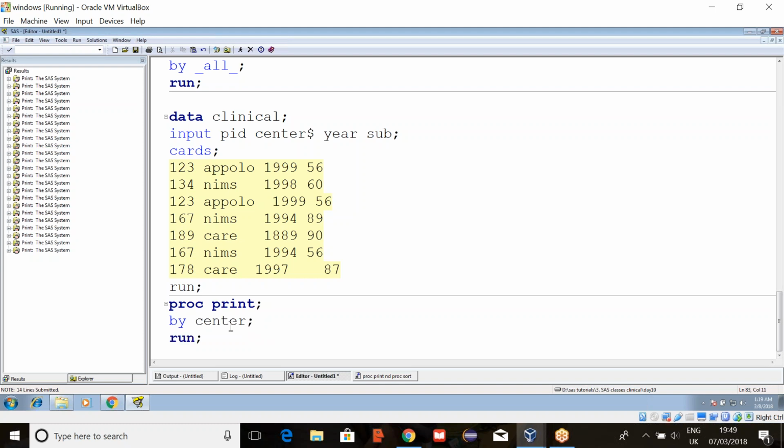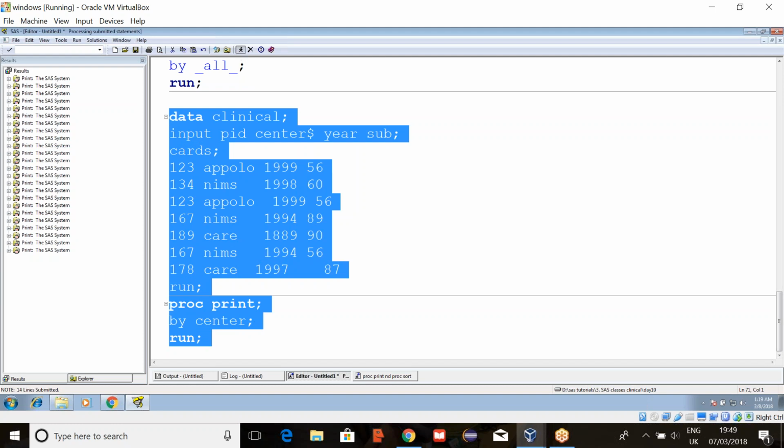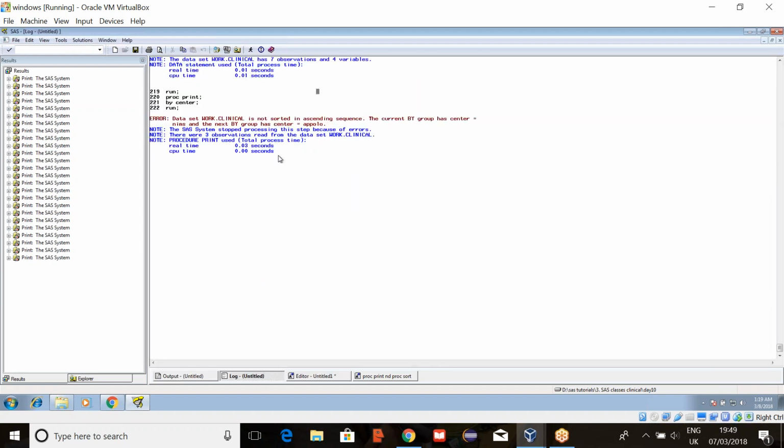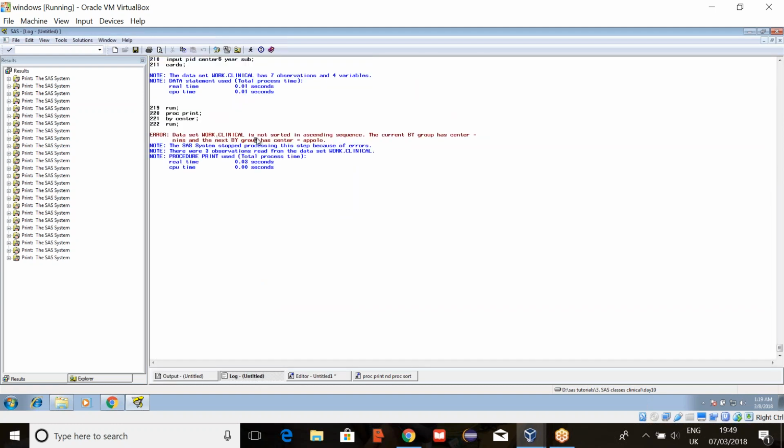And remember, it is very, very important, wherever we are using the BY statement, that BY variable should be sorted before. Without sorting, we cannot use this. In case you run this code and go to the log window, see here, dataset work.clinical is not sorted in an ascending sequence.